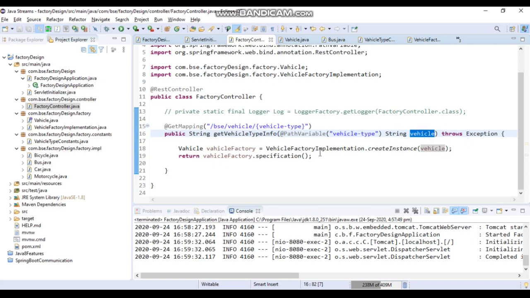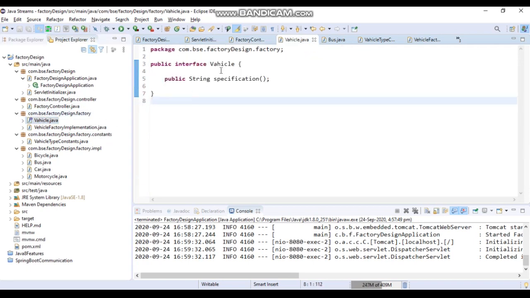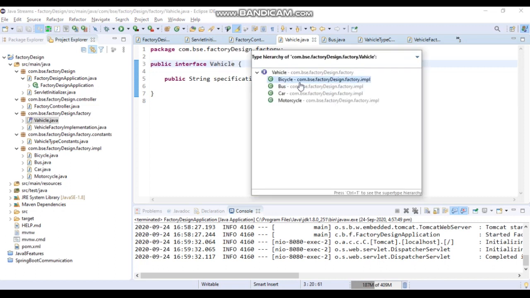What I have done here is I have created one interface. Let me show you the interface. This is the Vehicle interface. This Vehicle interface has a specification method, and it has four implementations: bicycle, bus, car, and motorcycle.